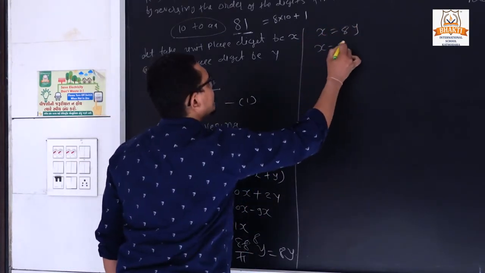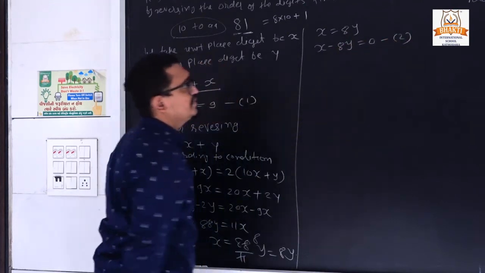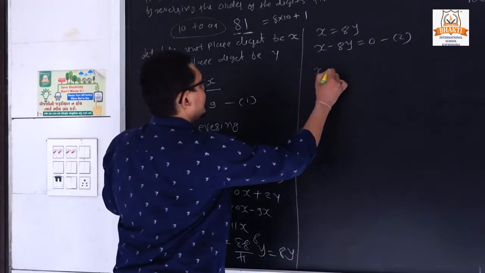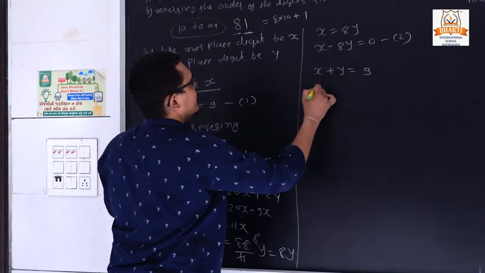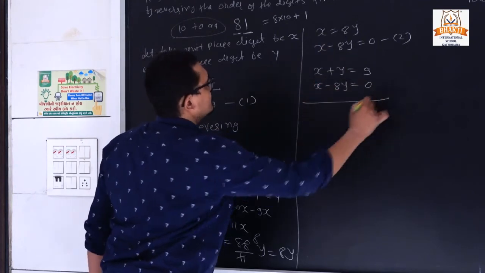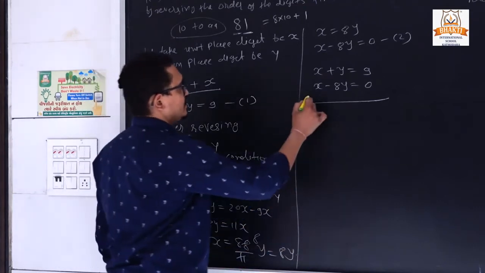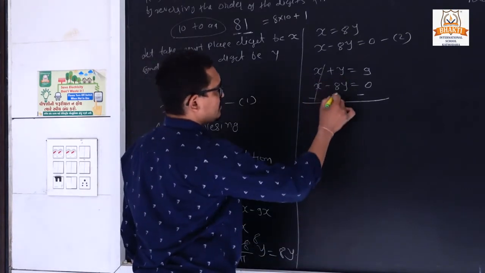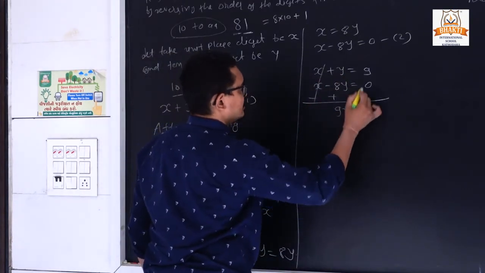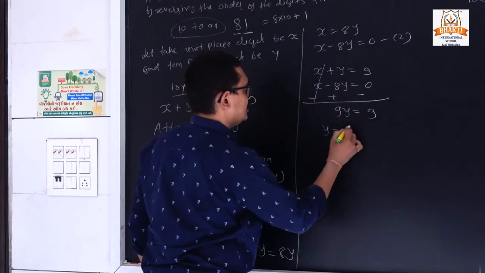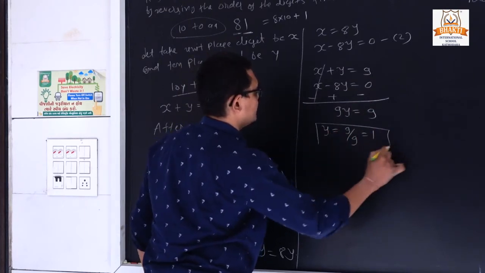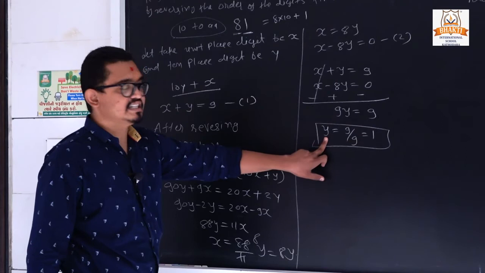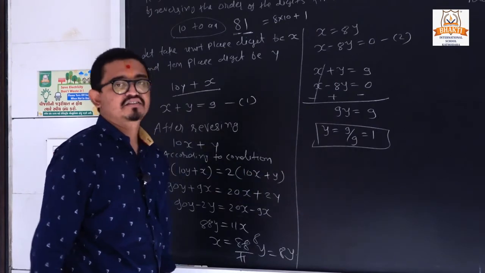So we can also write like that, x minus 8y is equal to 0, because here we are using the elimination method. So the first equation is x plus y is equal to 9, and the second is x minus 8y is equal to 0. Now we can simplify this. So here minus, plus and minus. So these both cancel. So plus, plus. So 1 plus 8 is 9y. 9 minus 0, so 9. So what is the value of y? 9 by 9. So it is 1. So sorry, which digit is it? The 10s digit. So the 10s digit is 1.